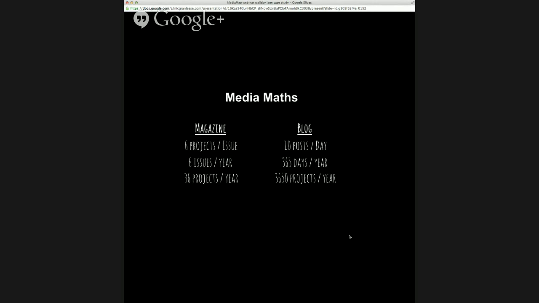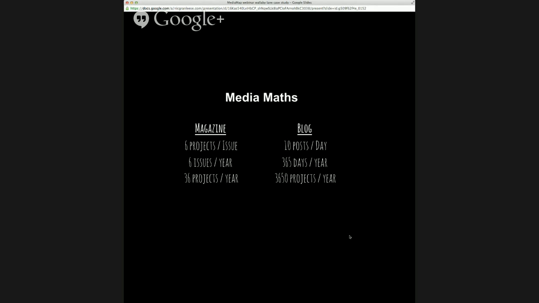But I just want to do some media maths here, and this also illustrates this changing environment. And like I said before, if we've got any questions, please jump in at any point via the Q&A sidebar. So the media maths here is, if you think about your potential to get published as an architect, it's really dependent on how many projects publications can publish. So in the print world, a magazine may have had 6 projects per issue, and 6 issues per year. So the total slots available to them was about 36 projects.